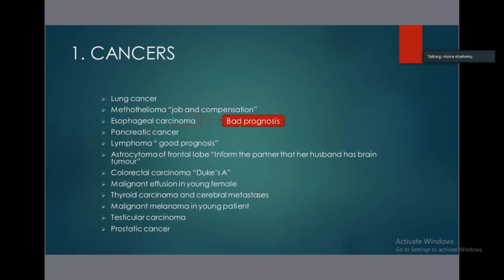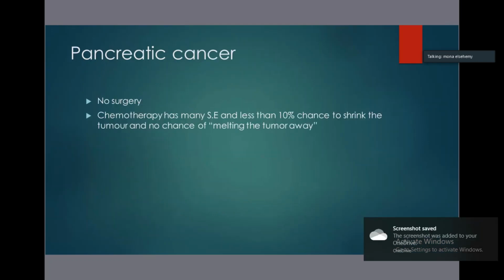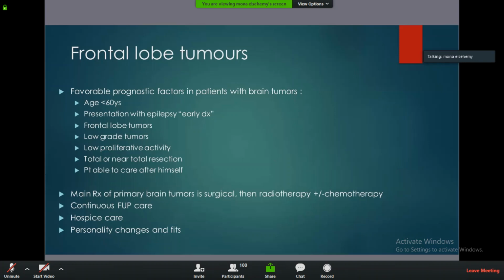No. The hospice care in astrocytoma of the frontal lobe is related to the behavioral changes, not to the advanced stage. The patient is difficult to cope with, the relatives say he behaves in a bad way. They cannot deal with him. So in such a situation, you release the effort from the family, either by someone who takes this responsibility at home, or he is transferred to an institute that will give him the proper medical as well as psychological and social care. Okay, doctor. Any other questions?